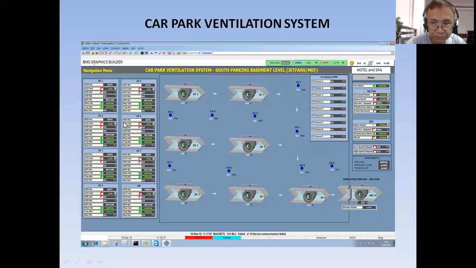So this is a typical car parking ventilation system in a confined space. Hopefully I have given you an idea how this system works and how you are going to finalize your BMS graphics for this system. Once again, you will be able to finalize your BMS points and your BMS graphics by thoroughly checking the electrical and mechanical specifications, all the related IFC drawings, and the material submittals for the company that will provide these ventilation fans.